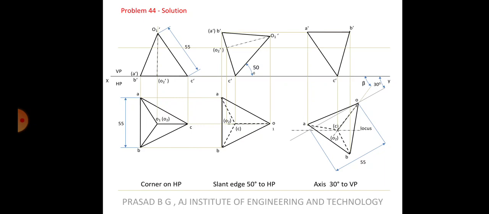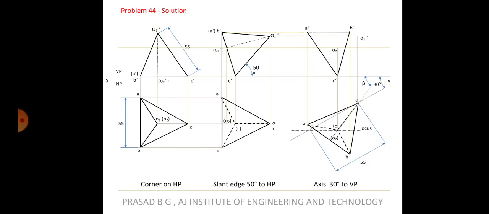Since you have ABC downwards, right, that will be visible in the front view. I always tell you those things. You can see here ABC is downwards, the base is downwards, this is upwards. So obviously if the base is down and you project it here, the base will be visible. So A dash, B dash, C dash is visible. You locate O1 as well as O2.